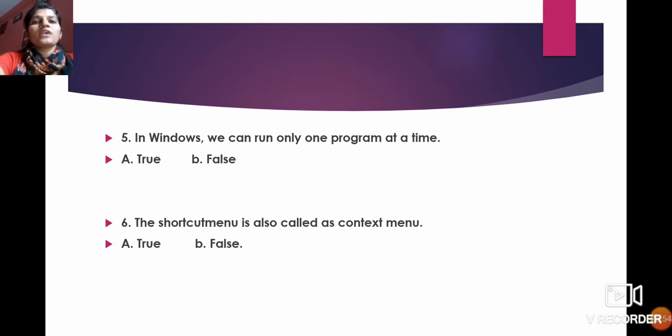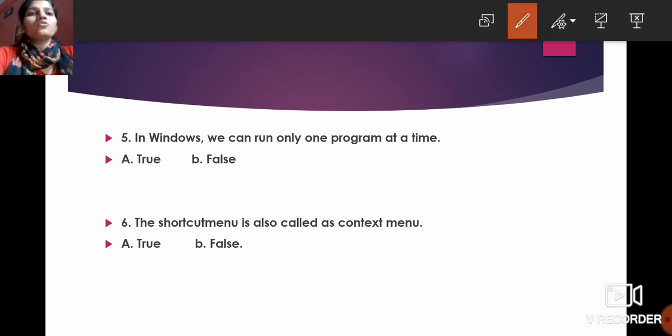So students, now these are the last two questions of true or false. Be ready. In Windows, we can run only one program at a time. So students, what do you think? What is the answer? In Windows, can we run only one program at a time? No, this statement is false.